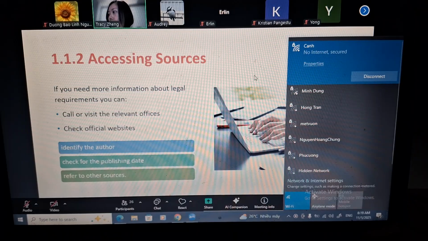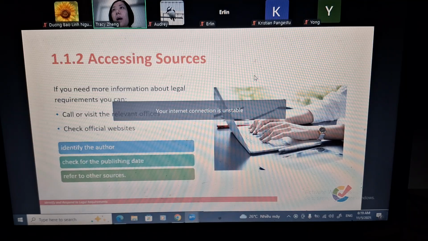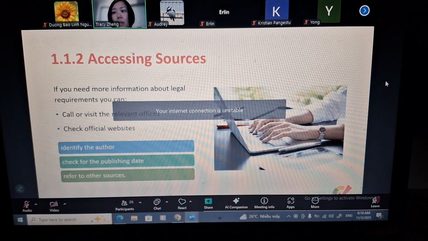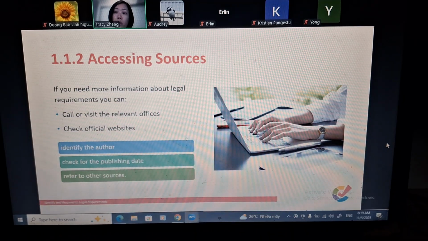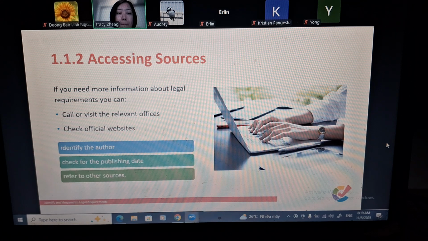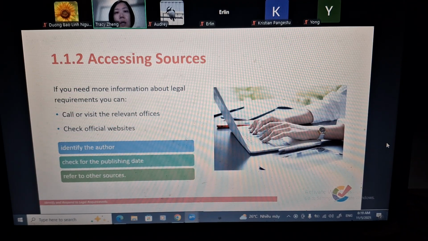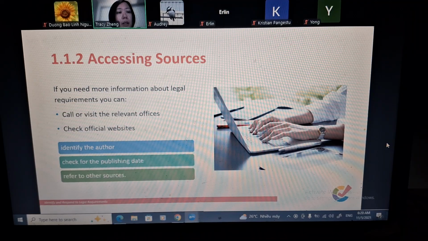Like, for example, let's say your clients want to know about housing, what's the policy, or what relevant information they can get about looking for accommodation, right? You can help your clients go to New South Wales Housing or Victoria Housing. I don't know the names of them, but definitely go to their offices. You can look for the officer to ask for some of the information. But definitely, I think the easiest way is checking the